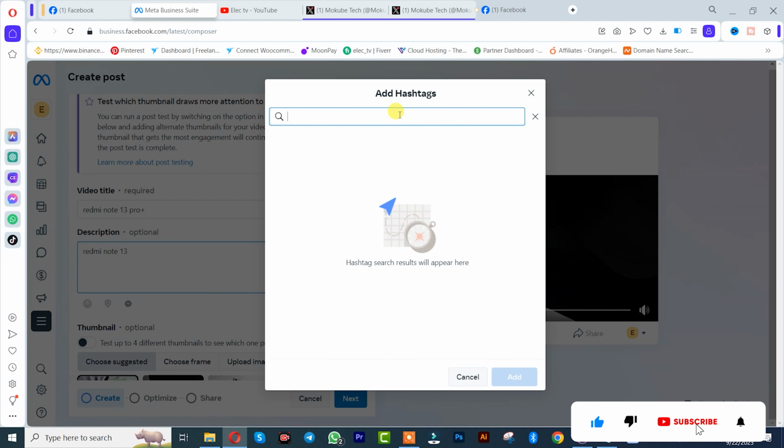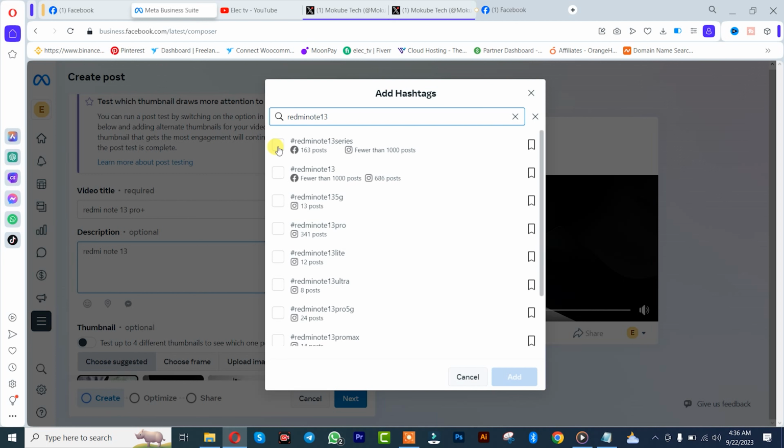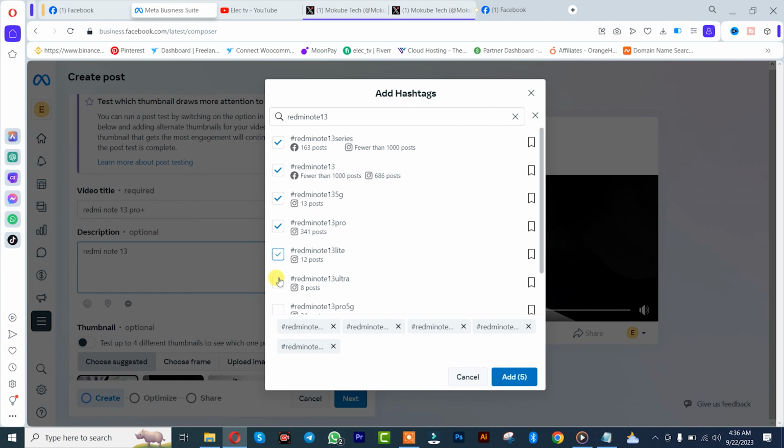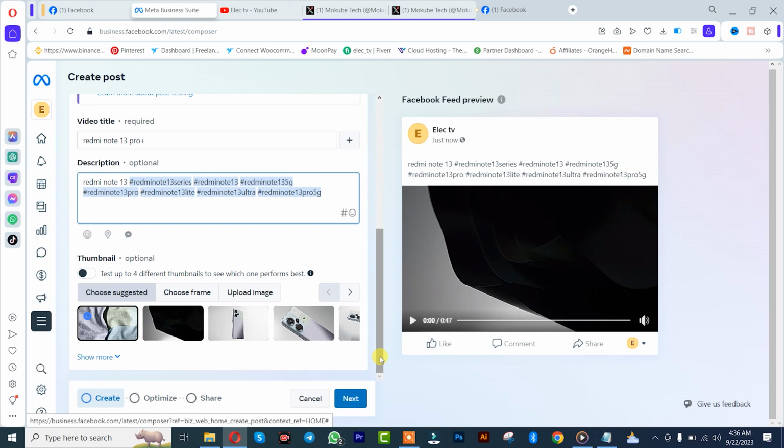You can add as many hashtags as possible. Let's say Xiaomi Note 13. So you simply click on it, you click on what? Add. After that, you scroll down, and for your thumbnail, you can actually choose from your video suggestion, as you